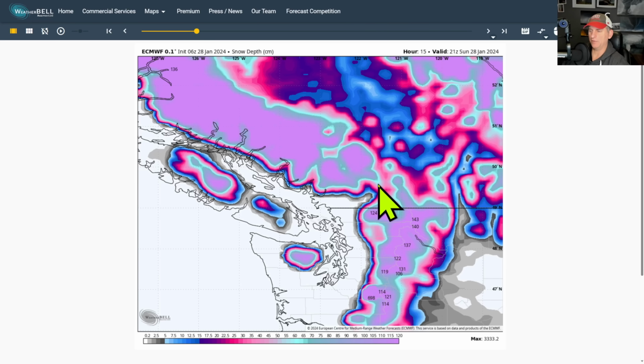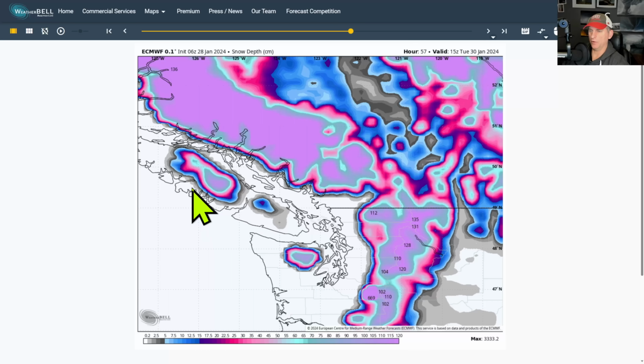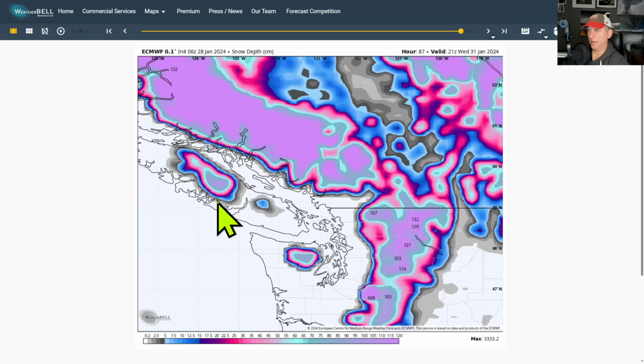And again, as I've been mentioning the last few days, we're going to be going the wrong way here. We're kind of impacting that snowpack across some of Vancouver Island as we go on in towards next week. But then we start to bring some cooler air down in here through the extended. So hopefully we can rebuild what we're losing here as these very warm temperatures dominate a lot of the Pacific